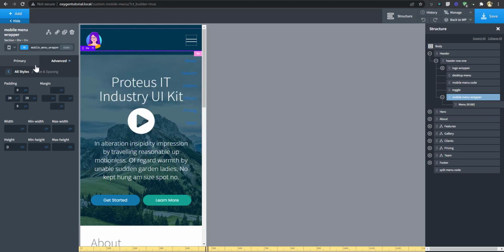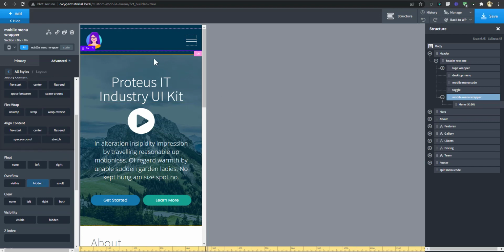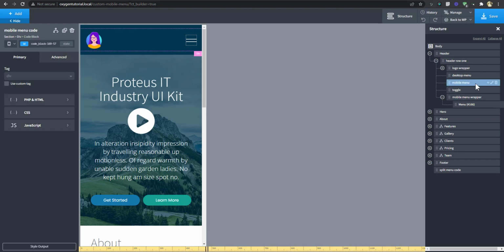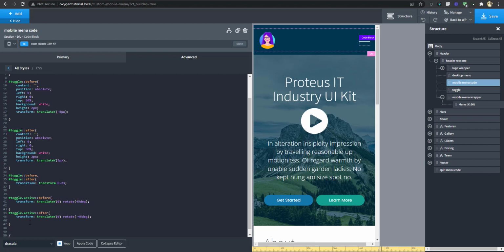Now what we want to do is add an active state to this. Of course the overflow has to be hidden, because this is showing through. When we add the active state, we want this to be a height of, let's say, 400 or 450. So I'm going to save this and go to that mobile menu code, and call this menu wrapper.